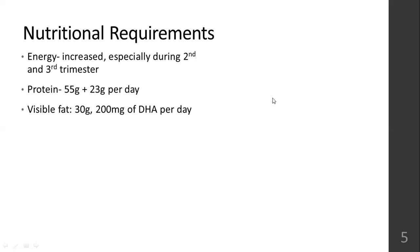DHA is very important for the child's cognitive development, the child's central nervous system development, eye development, vision development. Okay, for the health of the fetus's eye, the child's central nervous system, brain, and spinal cord development, DHA is very important. DHA is a type of omega-3 fatty acid. Okay,